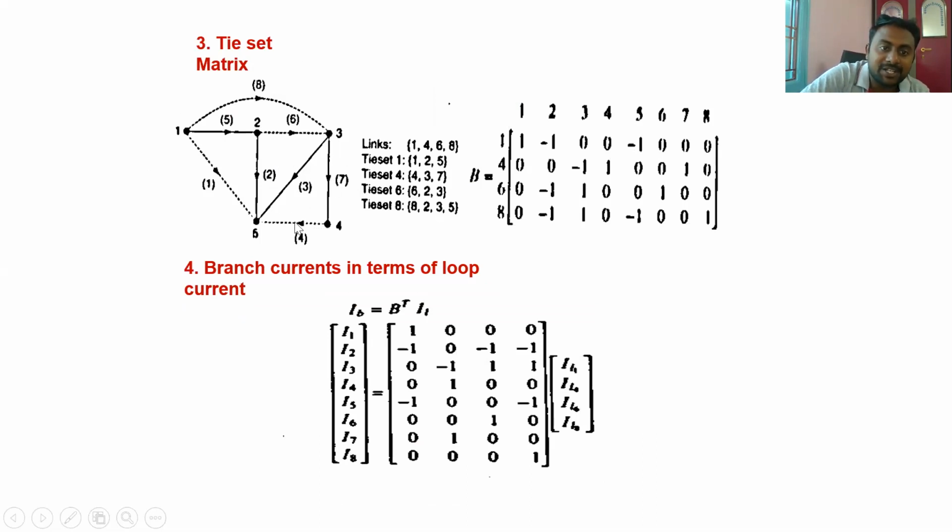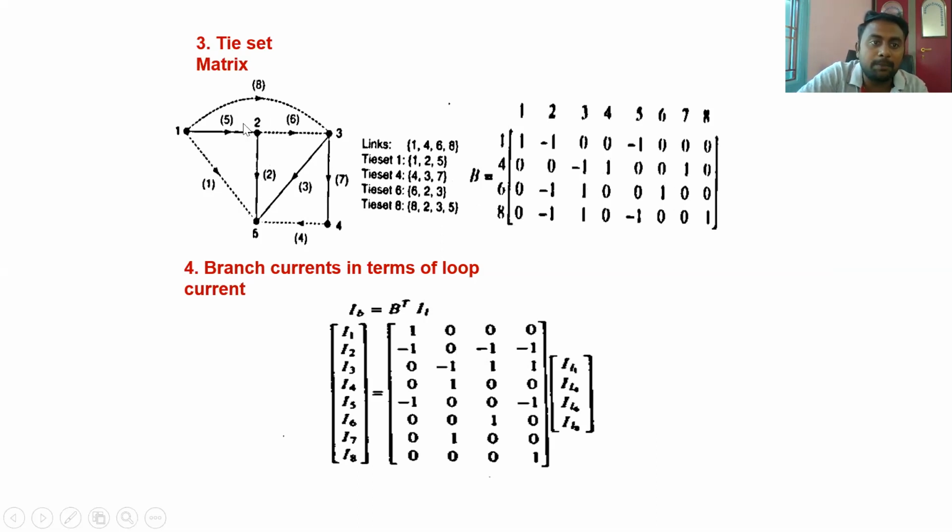So the loop direction, the link direction, I am considering as the same, which means 4 is same, 3 opposing, 7 same. So 4 same plus 1, 3 opposing minus 1, 7 same plus 1. The third one is 6, 2, 3. The loop direction and link direction must always be the same. So 6 same, 3 same, 2 opposing. For 2 we place minus 1, 3 plus 1, 6 plus 1.